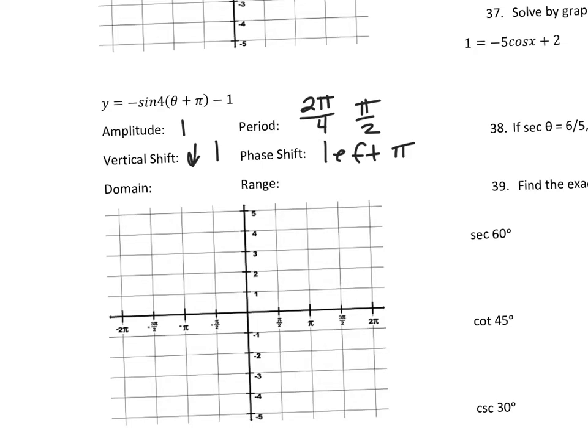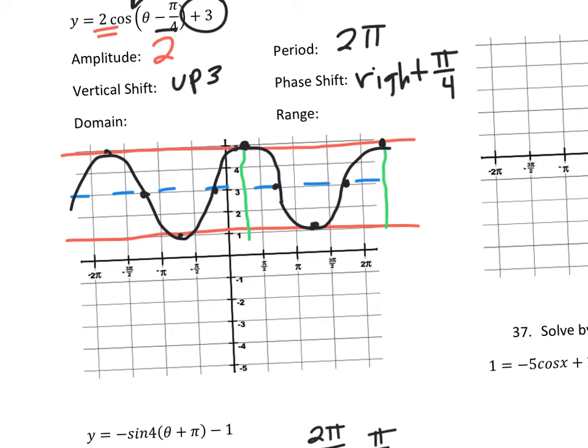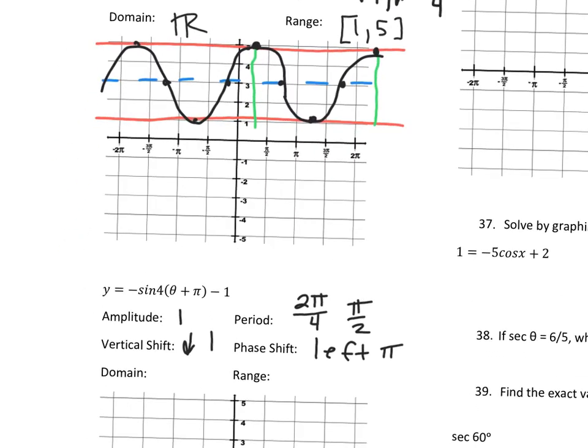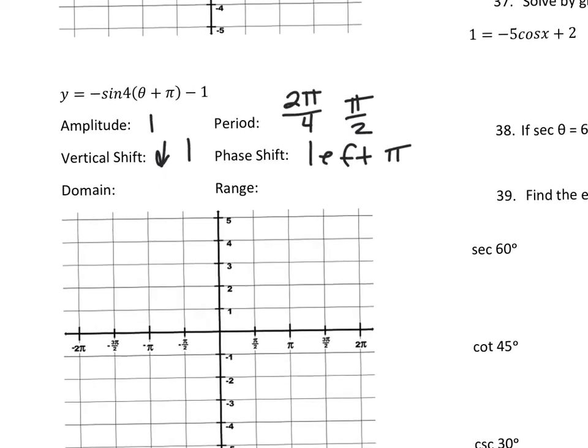And actually, I didn't do the domain and range over here, so I'll go back to this one. Domain is going to be all real numbers because it's going left and right infinitely. And the range is from 1 to 5. And if you want to, you can write that as an inequality too. So going back to this one, I'm going to go,